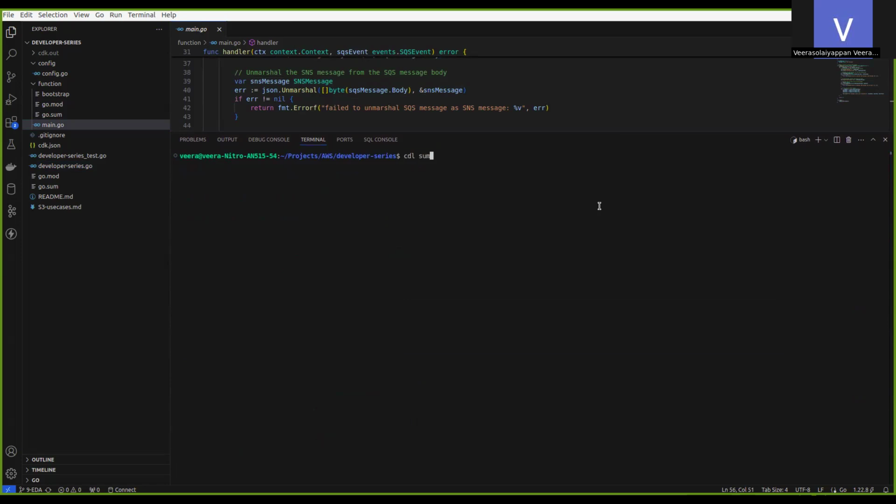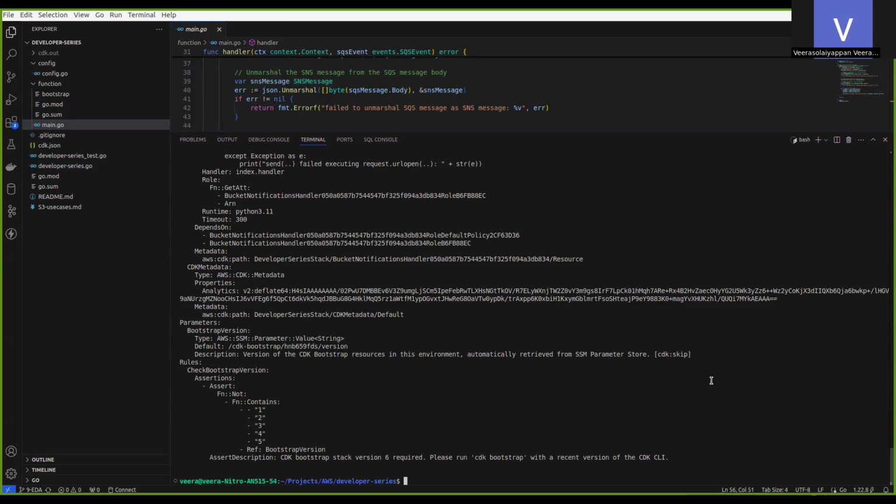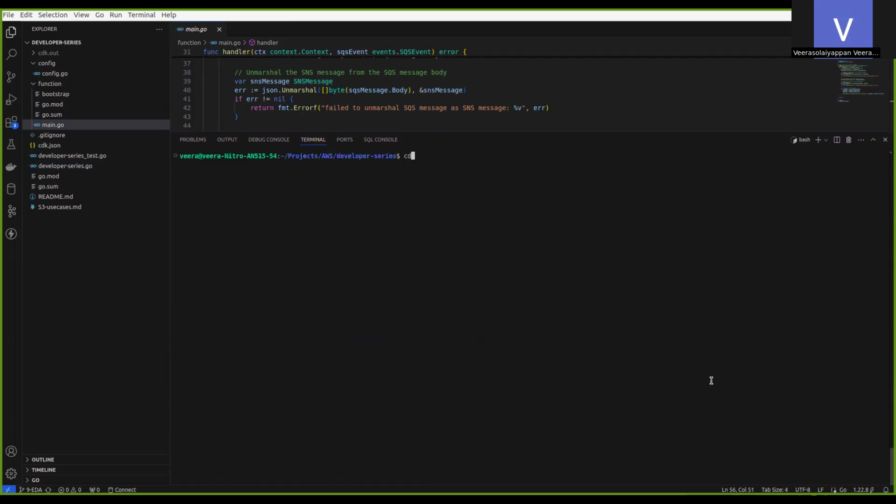CDK synth will create the CloudFormation template for my AWS CDK code. So it looks good. Now let's deploy it. CDK deploy.